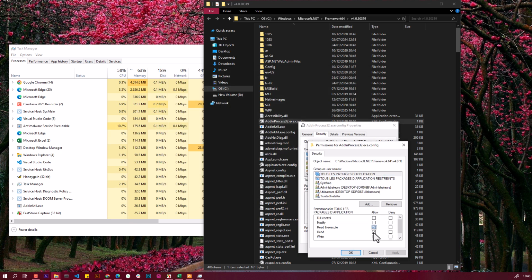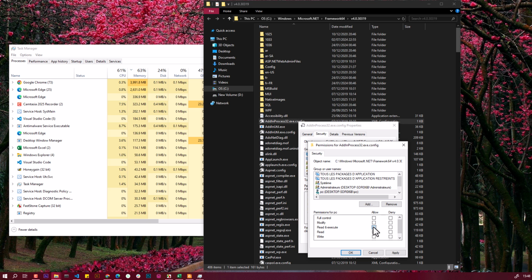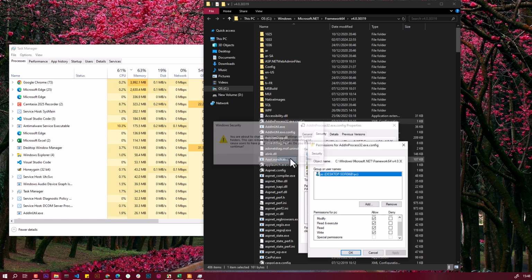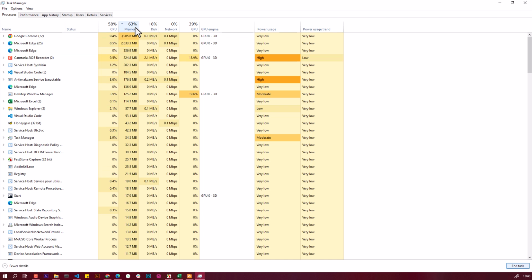Change the owner, remove permissions from all users, all groups, add your session name, give it all permissions. Okay, remove it. So now you can see that